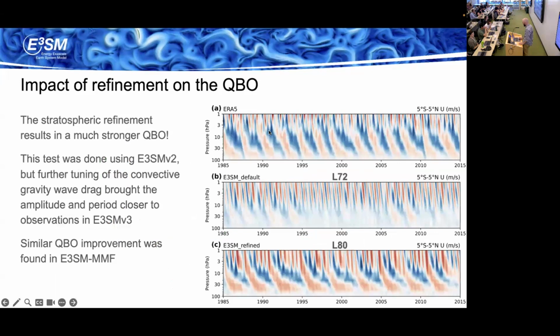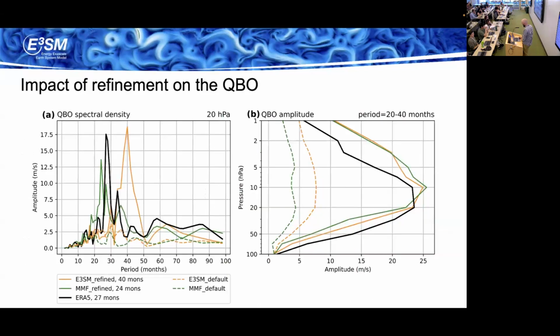Right, this is terrible. I just assumed you knew what this plot was. But yeah, this is the zonal wind averaged over a tropical belt from 5 south to 5 north. And the QBO is this descending pattern of the zonal mean wind. And it's gravity waves that are breaking at the bottom of each of these phases that cause it to move down. So yeah, it has a period of about 28 months, which you can kind of see in this